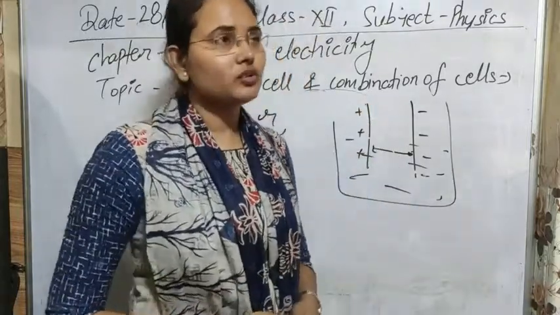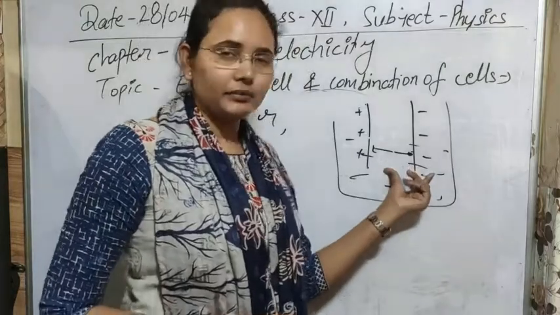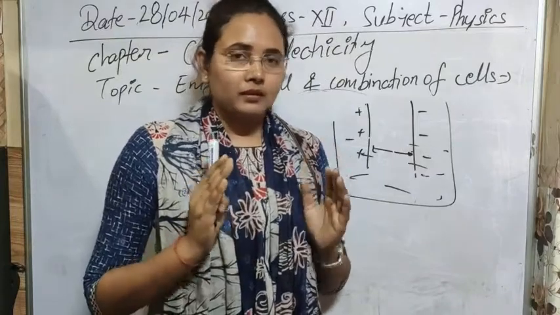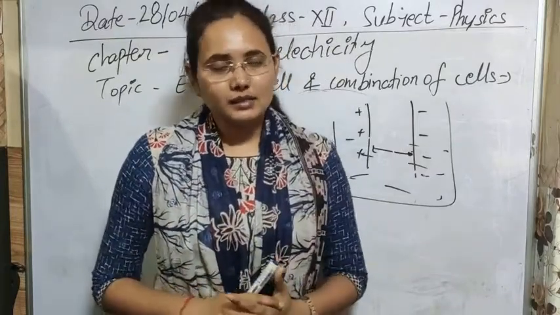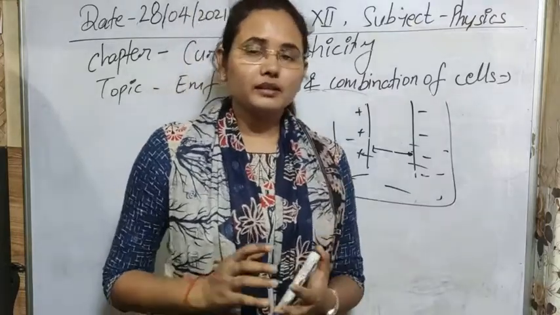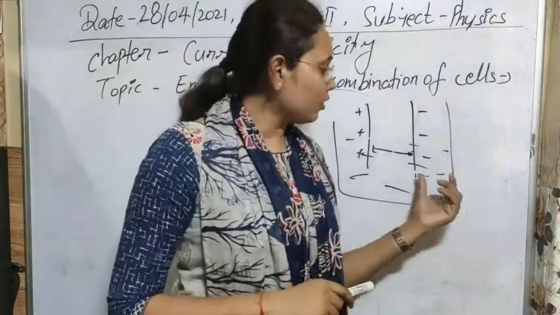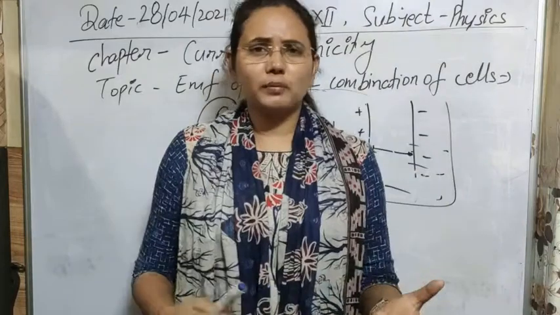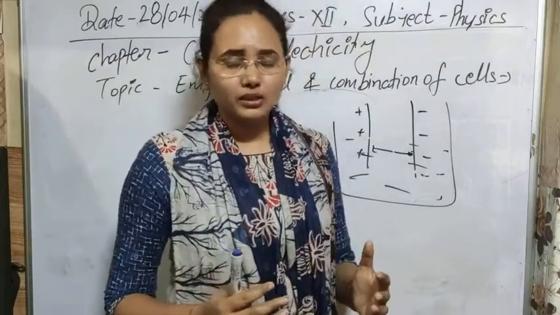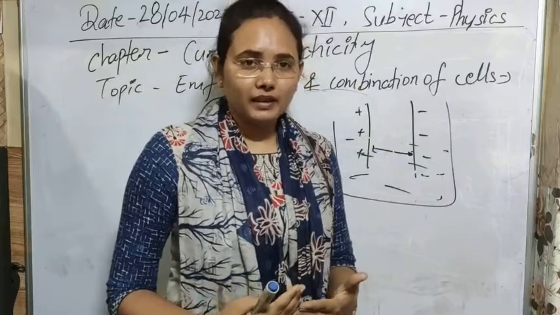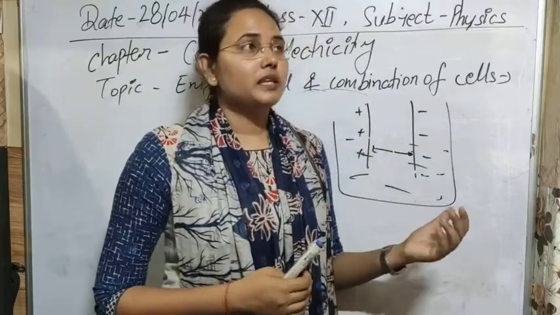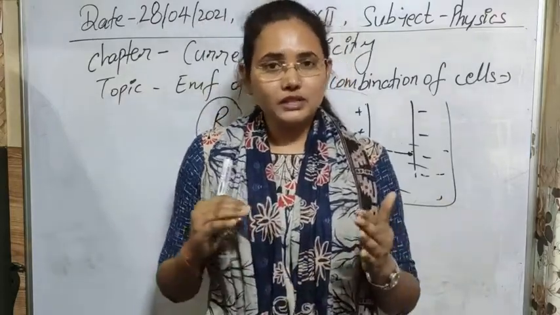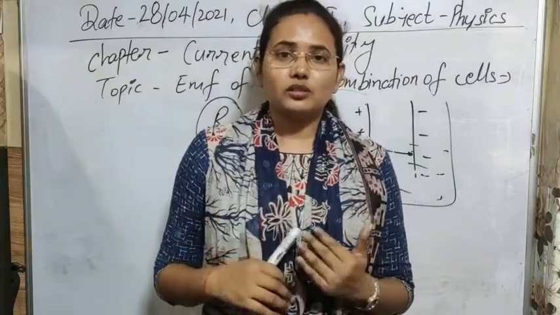Okay. Next concept that we have here. First, before that, let's understand what EMF and internal resistance depend on. Internal resistance depends, first, on the electrolyte, as we are talking about it here. The electrolyte we use, like copper sulfate, ammonium chloride or zinc chloride, whatever you use, is made up of different kinds of ions and different numbers of ions. So it depends on the electrolyte. Second, it also depends on the concentration of the electrolyte in the solvent that we are taking.